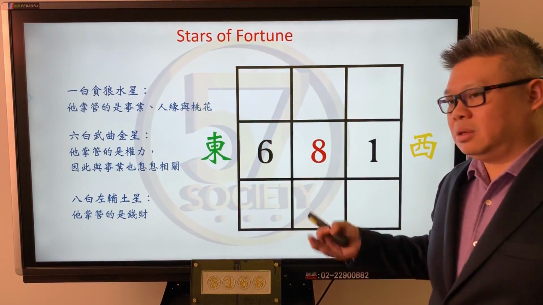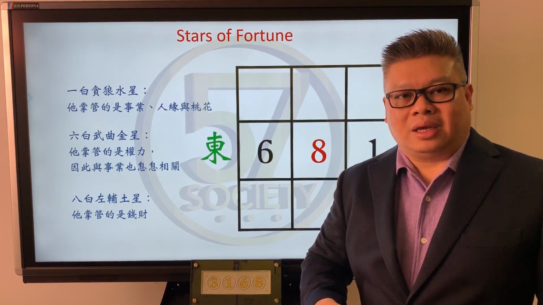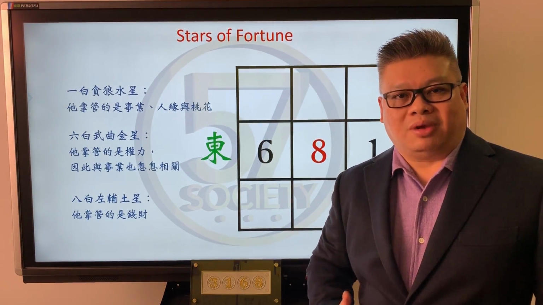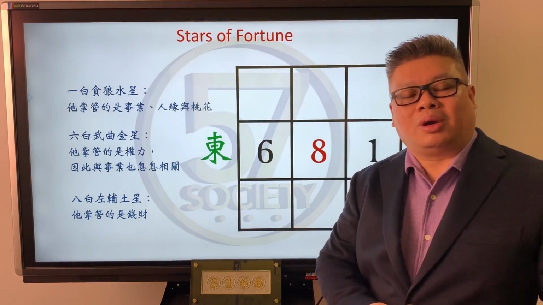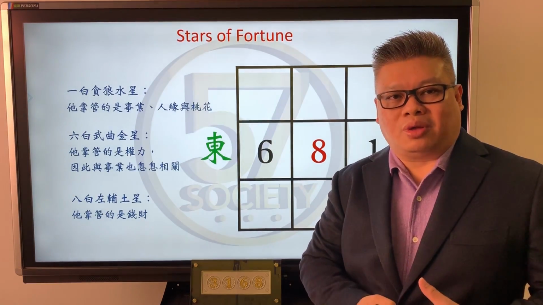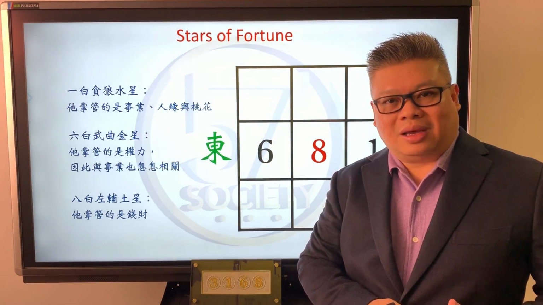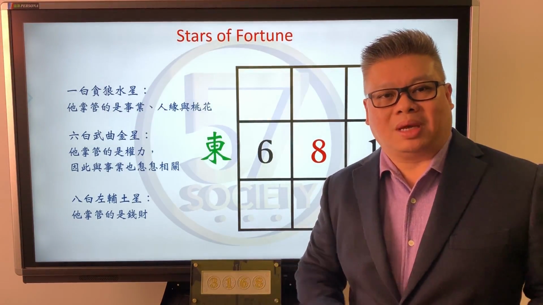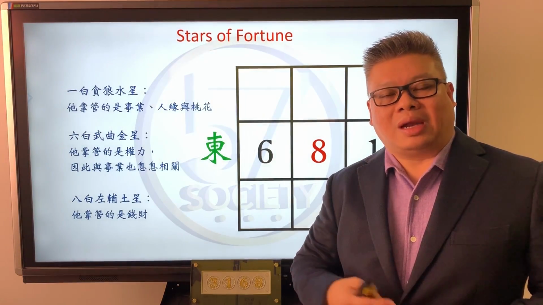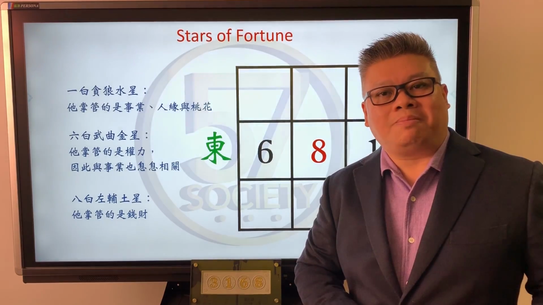So next year, when this pattern of flying stars aligns, we have to be very careful. Why? Because the concentration of wealth is in these 3 flying stars, the 1, the 6, and the 8, aligned in the East and West. Meaning the East and the West, everybody will probably make a lot of money, but I don't think so. I think it is important to note that what goes up must come down.